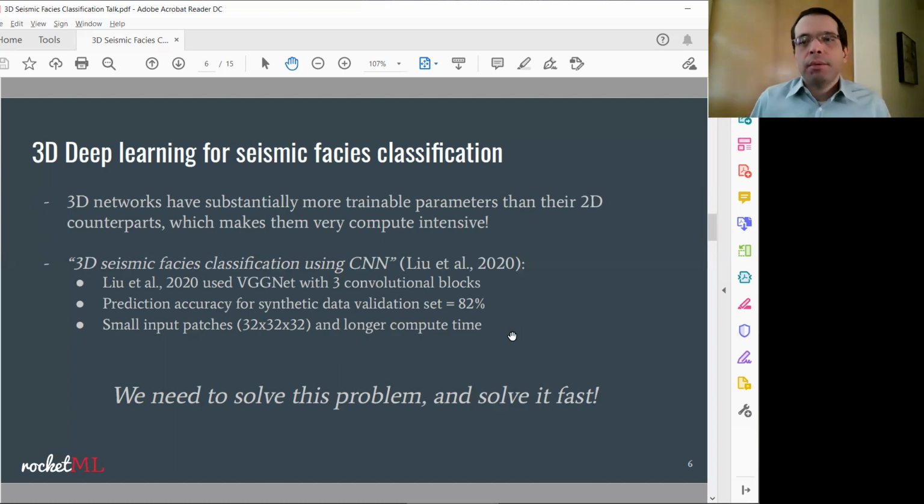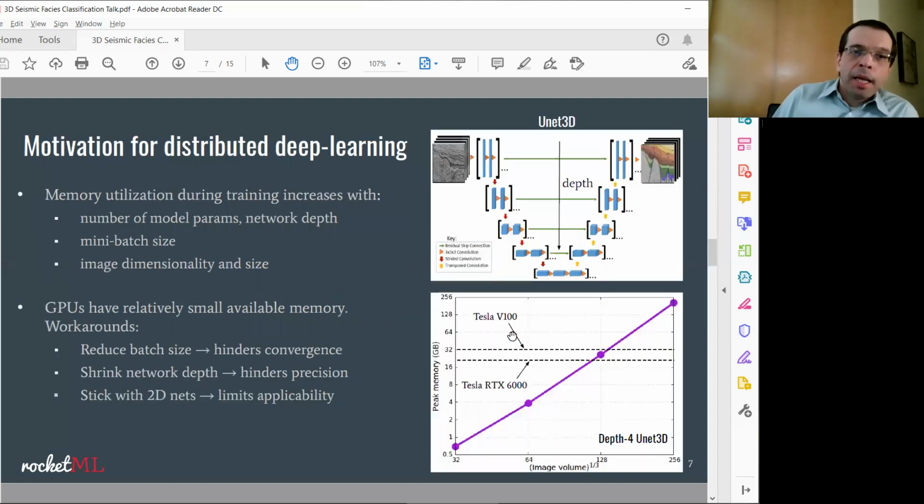So that's the challenge that we have at hand, the limitation of tackling a 3D problem with 2D networks, and the challenge of using 3D networks because they're much more expensive. So that's what we want to tackle going forward, and not only be able to solve this problem, but solve it fast, right? So going into the second infrastructure part of the talk, I'd like to start by motivating